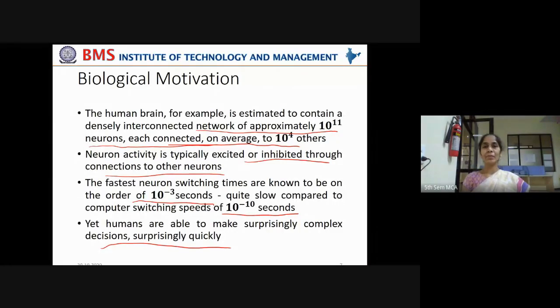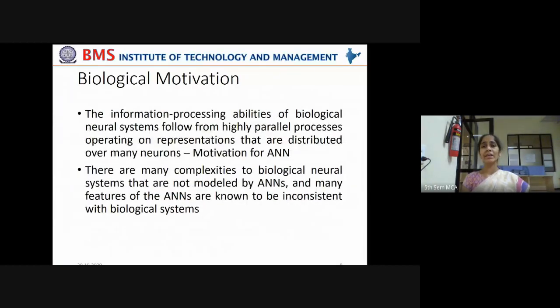As I gave you the example of a person walking on the road who is confronted by a vehicle almost colliding with him, he'll take a quick decision to escape or go to the side of the road. How is it possible? How is it being processed so quickly in the human brain, though it is not as fast as the computer switching speed? That's a miracle, right? Now, the information processing abilities of biological neural systems follow from highly parallel processes operating on